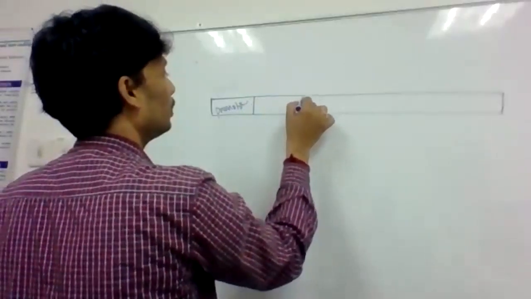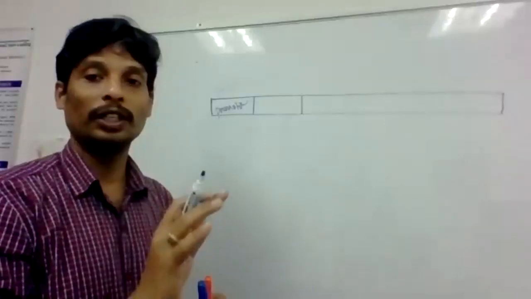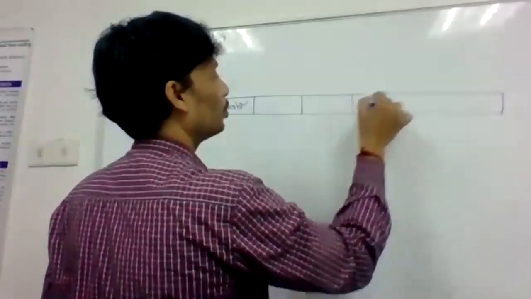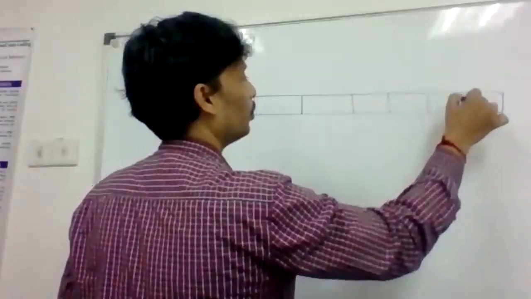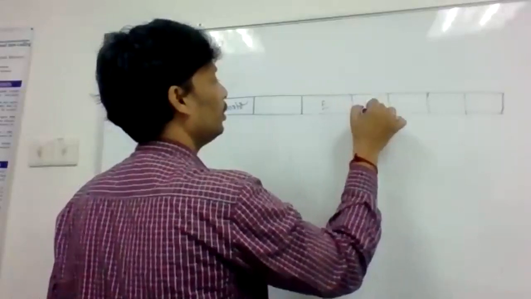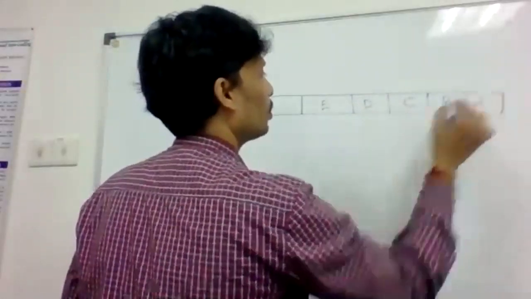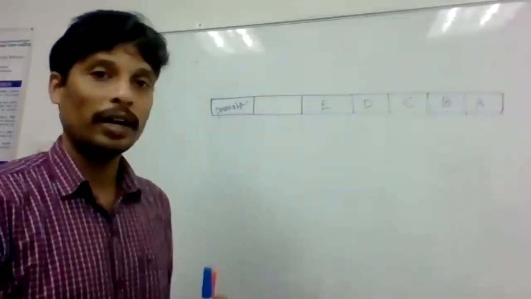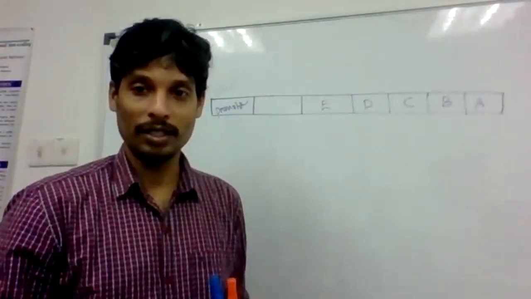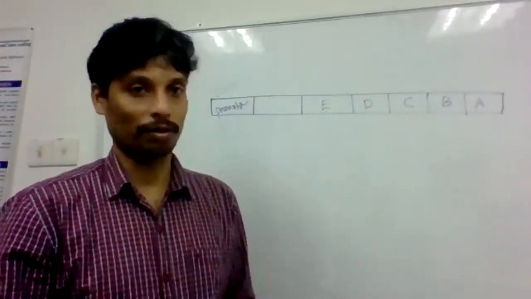And there is some region which is not coding for any genes needed for the tryptophan operon, followed by 5 genes, 1, 2, 3, 4, 5. So we call them E, D, C, B, A. These 5 genes are needed to synthesize 5 proteins, 5 enzymes which are needed for the synthesis of tryptophan.